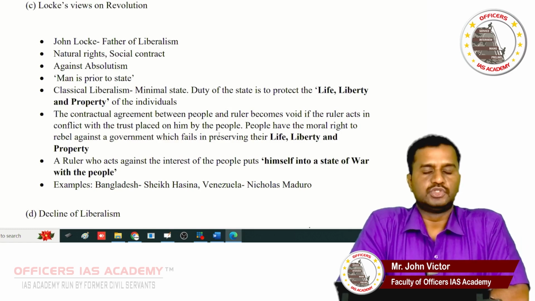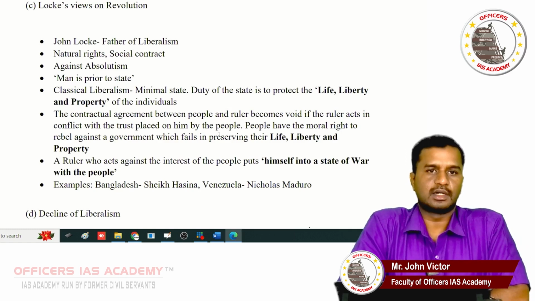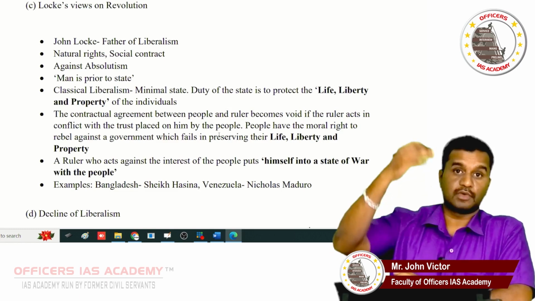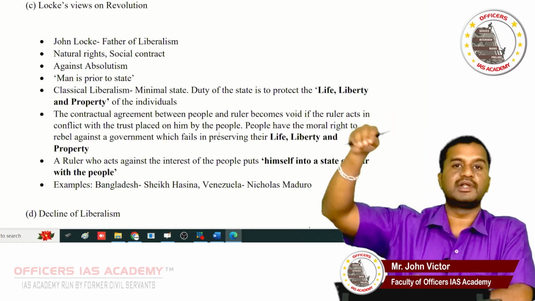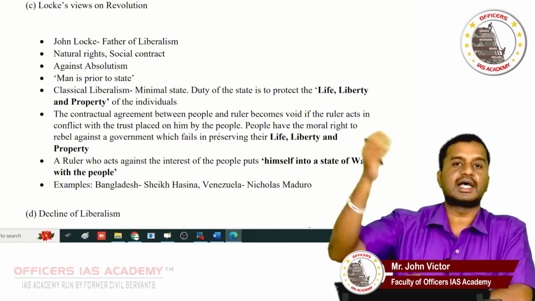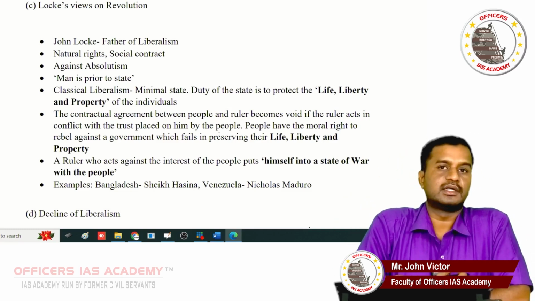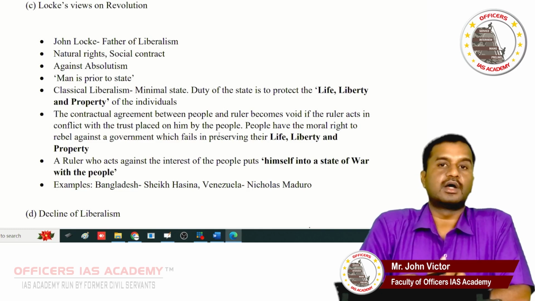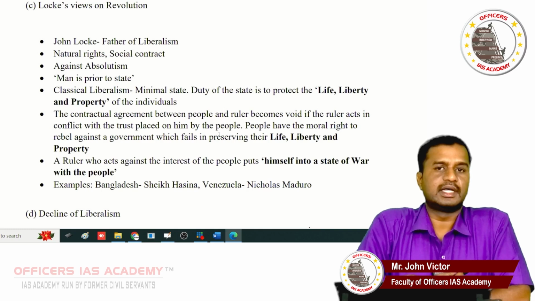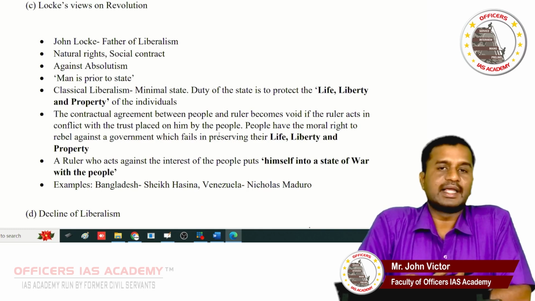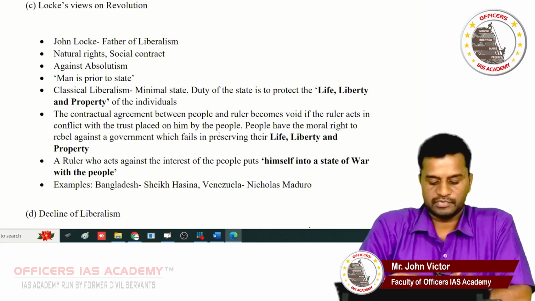John Locke is the most important liberal scholar. He gave importance to the individual. He also gave duties to the sovereign. Thomas Hobbes was an absolutist. He deposited all the power in the hands of the sovereign. The people did not have any right to question the sovereign of Hobbes. In contrast, Locke gave duties to the sovereign. The sovereign and the state are the caretakers of the people. The duty of the ruler is to protect the life, liberty, and private property of the citizens.